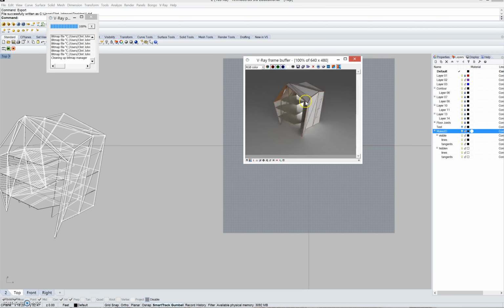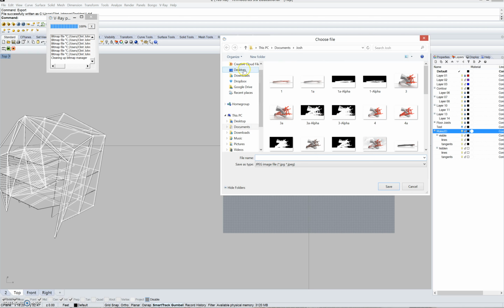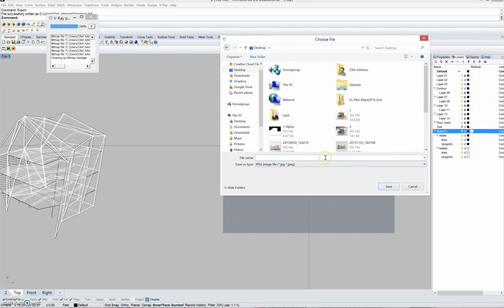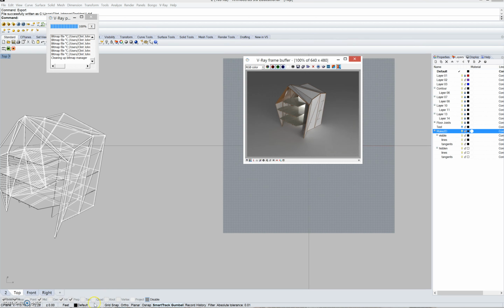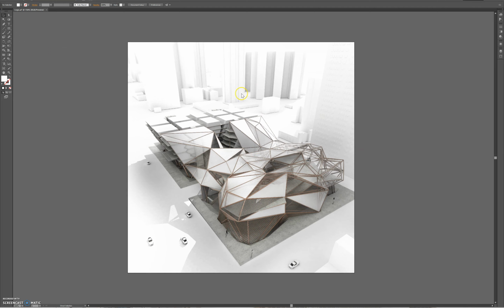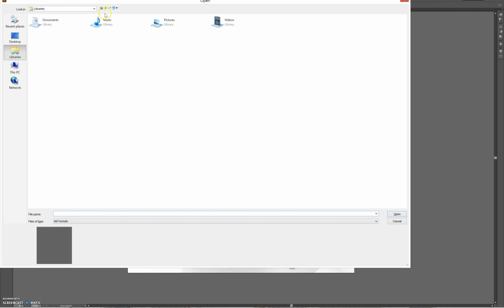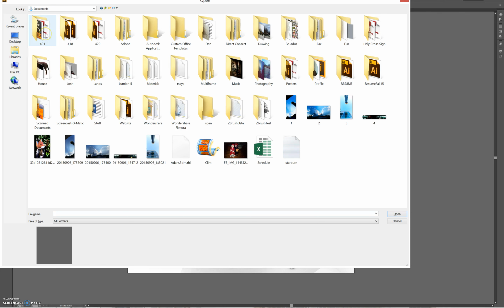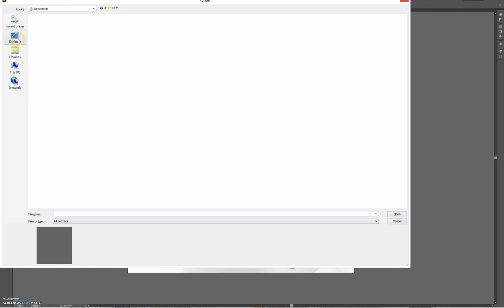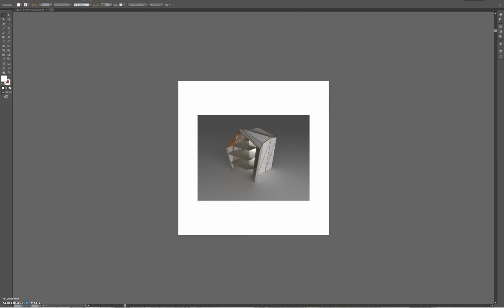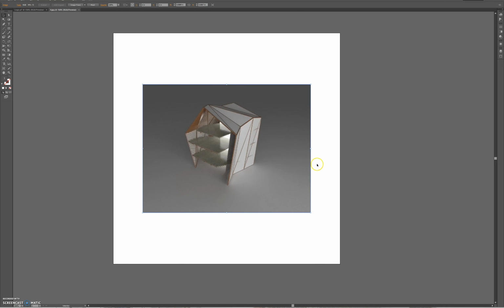So it looks like our rendering's done. You can see the rectangular light, but just for the sake of time, I'll go ahead and export this. Usually I would push that rectangular light back so you couldn't see it, but it's fine for this. So let's just save this as number 4 or something, and we'll open it up. Let's see, save that to the desktop. Number 4. Okay, so here's our image,